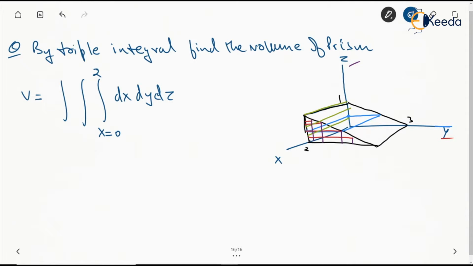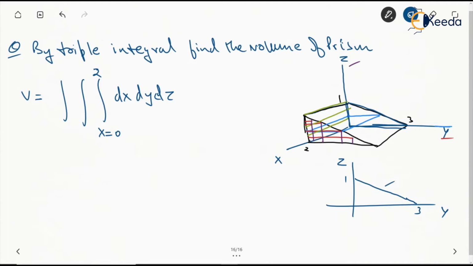But this y and z are varying for different elements, and one way we can find this is, let's move to the yz plane, and we can see that this is 3 and this is 1. So I'm talking about this triangle, this one, right? Because y and z are having certain relation, with certain y we have different value of z.